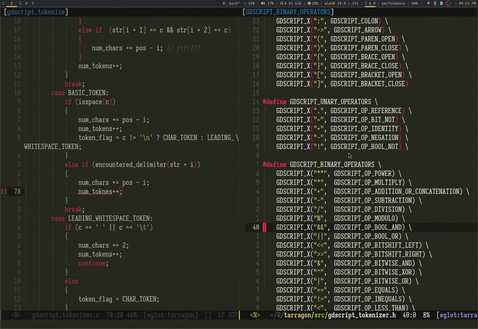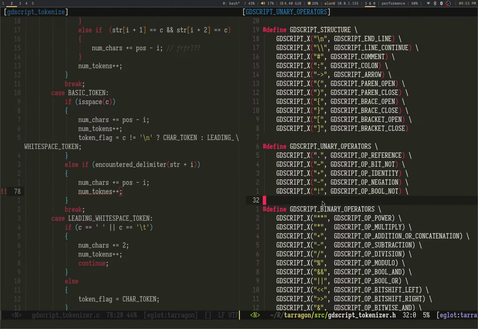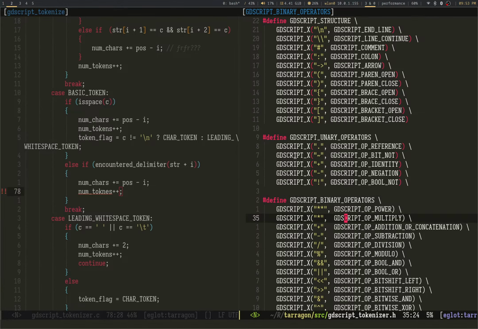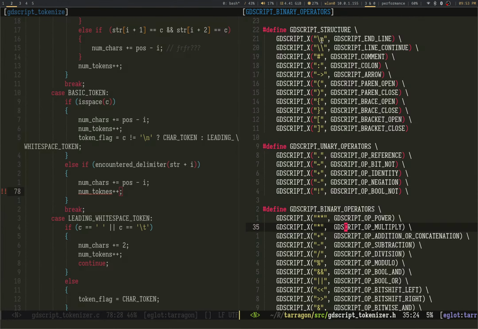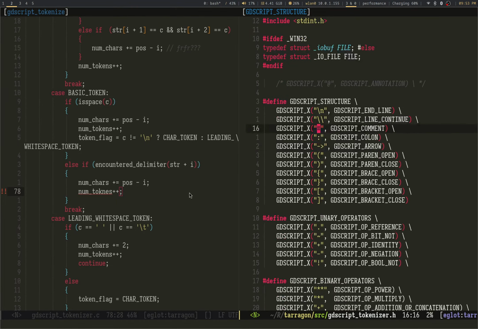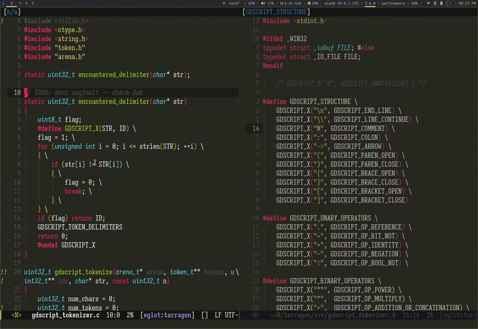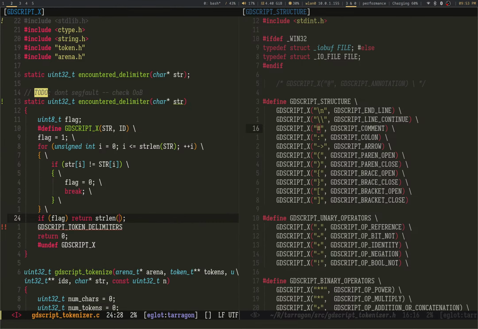Encounter delimiter, and I actually want to roll it backwards, or no, I actually want to figure out which delimiter it is. No, I just want to return. I just want to return the str.